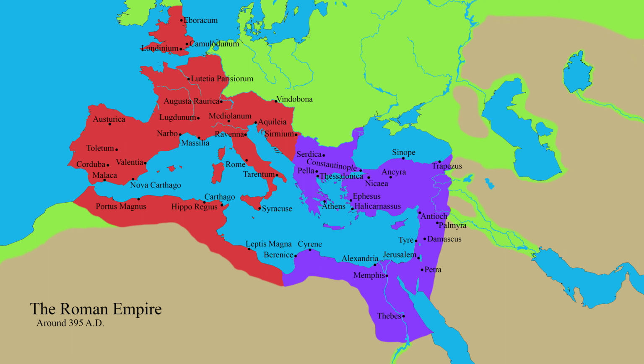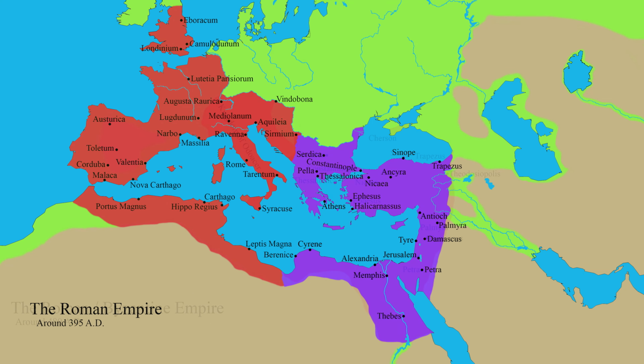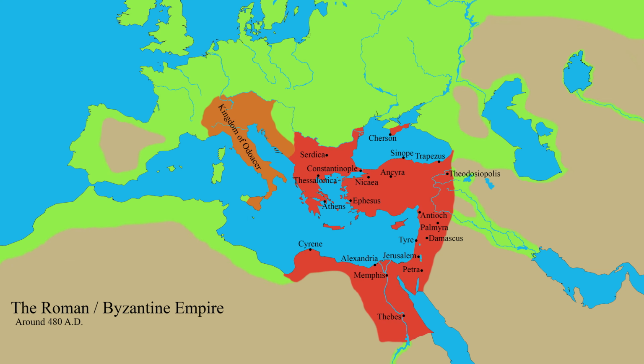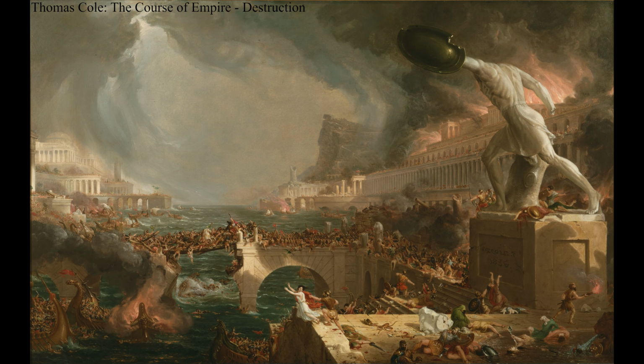This exacerbated all the issues that had already been plaguing the Western Empire, and before long the government had fallen into chaos, with many generals once again attempting to usurp the imperial throne. Finally, in the year 476, a Roman general of barbarian background by the name of Odoacer deposed the last usurper by the name of Romulus Augustus, making himself the king of Italy and swearing his loyalty to the Eastern Roman Emperor Zeno. 476 is a conventional date that is used to mark the end of the Western Roman Empire.